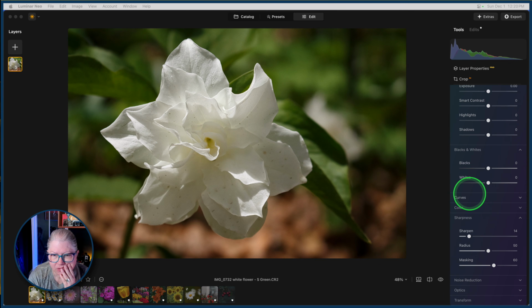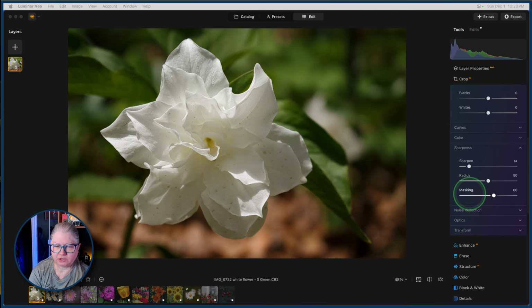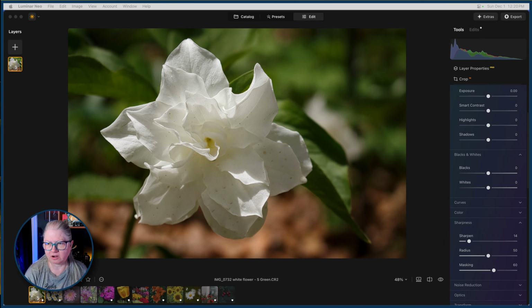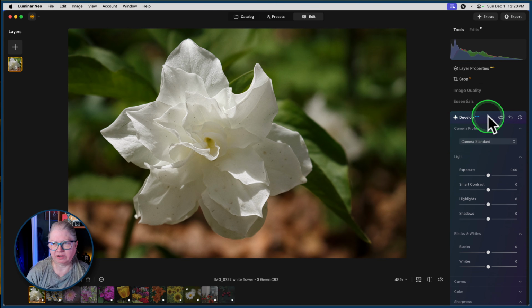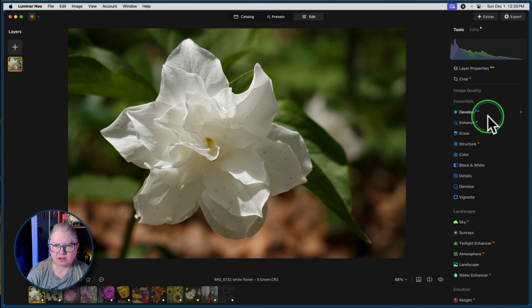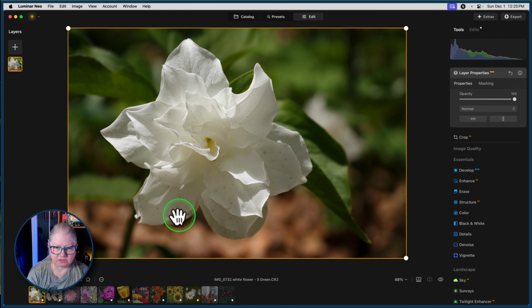Okay, now I want to do a cutout. We could add all kinds of things on here, but what I want to do is cut out the background first. Then we could deal with editing the flower and adding a mask or a separate layer on the background. So to cut out the image from the background, you need to go to the layer